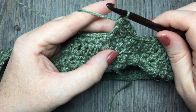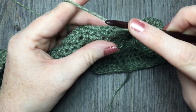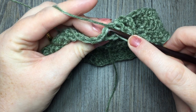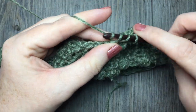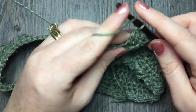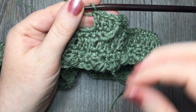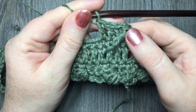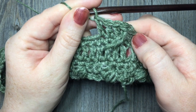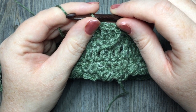You're then going to double crochet in each of the next 3 stitches. So yarn over, pull your work forward a little bit, and in your next single crochet stitch up top, you're going to work 1 double crochet stitch, then in the next stitch another, and then 1 more. So 3 double crochet stitches. You can see that that front post triple cluster is right there overlaying almost over those 3 double crochet stitches. Next, you're going to work a front post triple 2 together